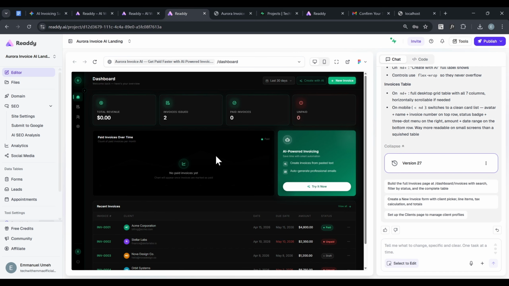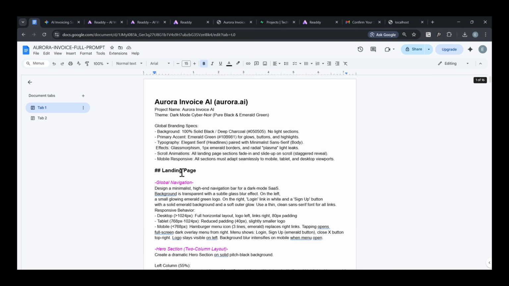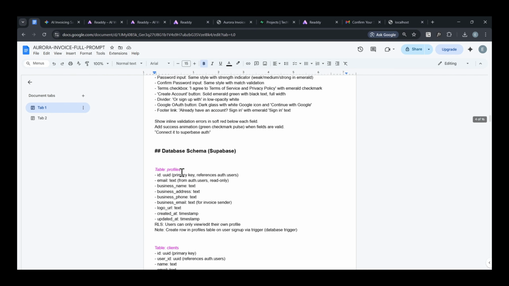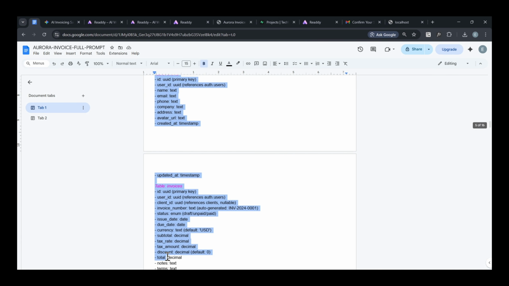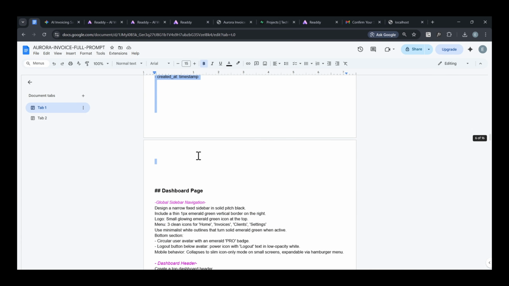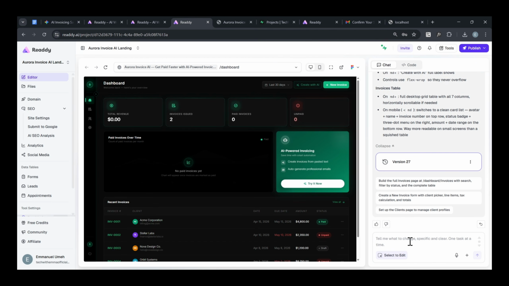So we're going to go ahead and start creating the tables in Supabase. Let's tell the AI agent to create the tables for us in Supabase. I'll go to my doc and scroll up to where I have the list of tables. I'm going to copy this. So we have the profile, client, invoice, and I think that is all. So I'm going to go to the AI agent. I'm going to ask it, let's create these tables in Supabase